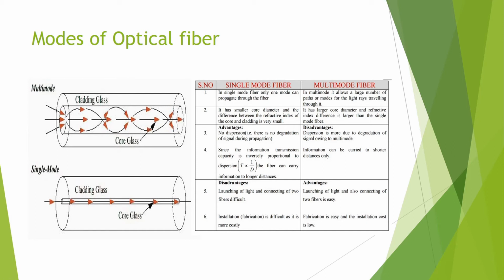In general, single mode fibers are made up of doped silica. It has a very small core diameter, so it can allow only one mode of propagation and hence is called single mode fiber. The cladding diameter must be very large compared to the core diameter. Thus, in case of single mode fiber, the optical loss is very much reduced. The structure of single mode fiber is shown here in the diagram.